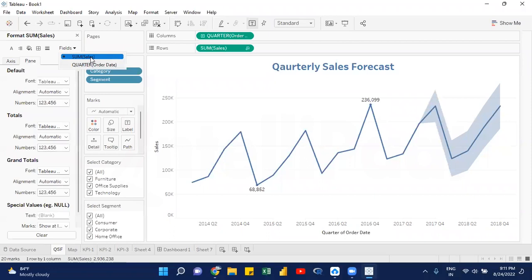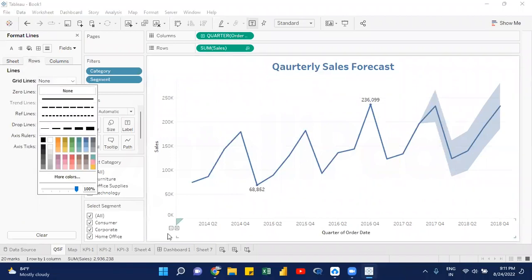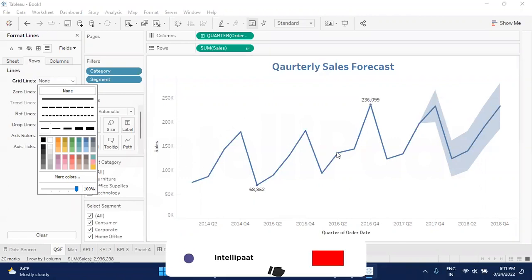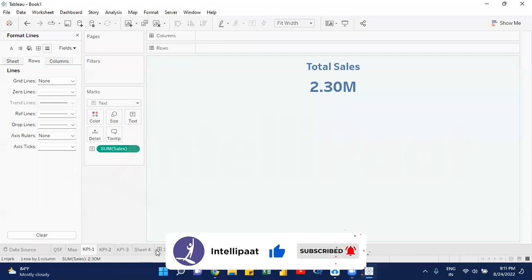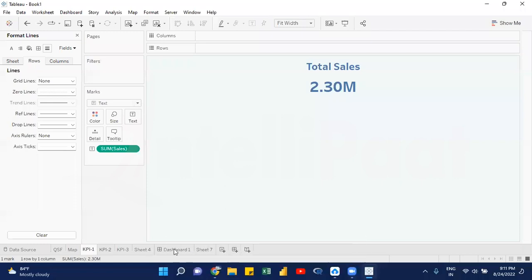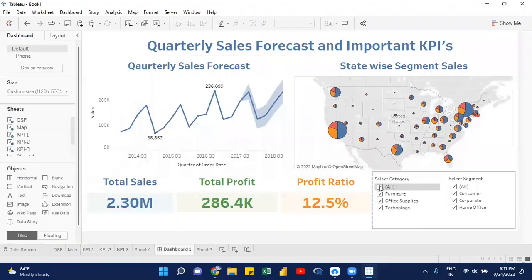So Sales, then Lines, Rows. The grid lines are gone, and now I have a clean background. So we are almost done with the dashboard, but one very important thing here is,